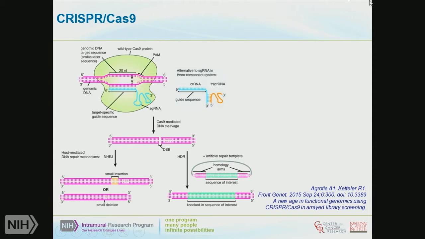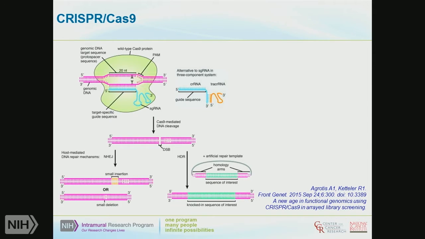And I'm going to go through a few pictures here that will try to illustrate this. This is showing the typical model of the Cas9 protein. This is the PAM sequence on the DNA. And here you have the target-specific guide sequence that's going to match your target of interest. And here you have the consensus sequence that interacts with Cas9. So this will induce a double-strand break, and then you have non-homologous end joining, where you can get a small insertion or a small deletion, and if you choose a point early enough in your gene, you're now going to inhibit activity.